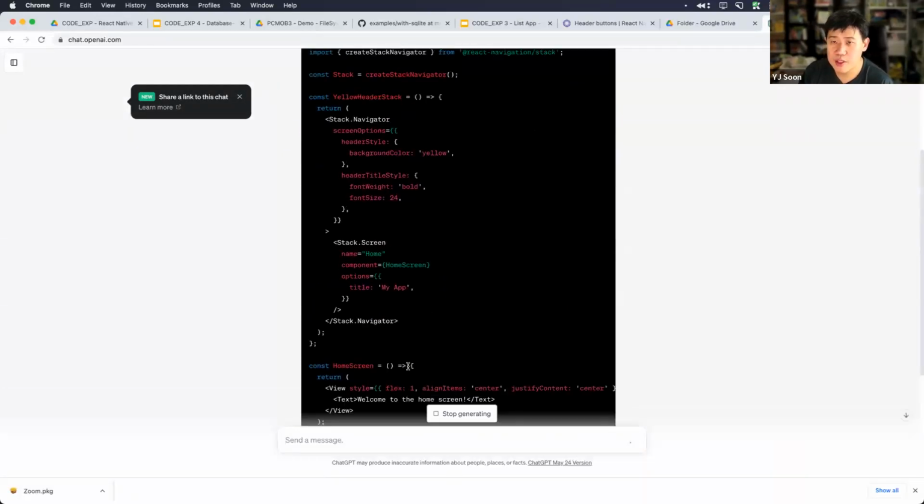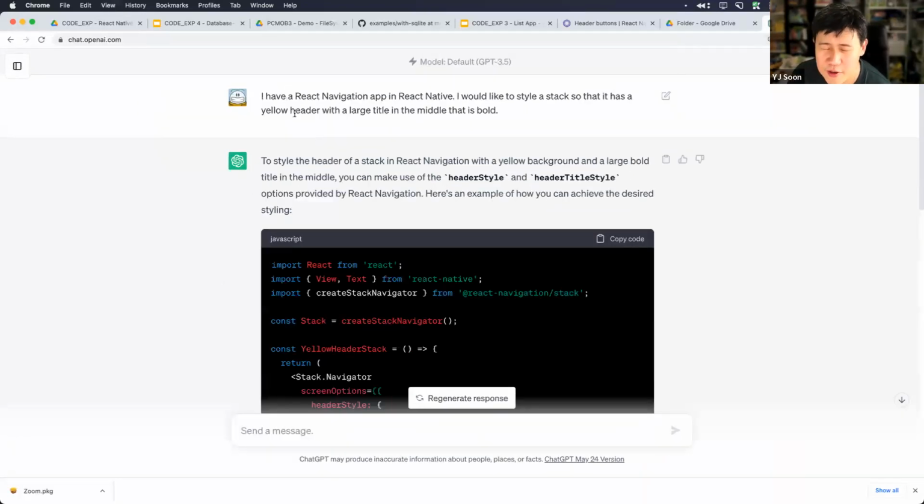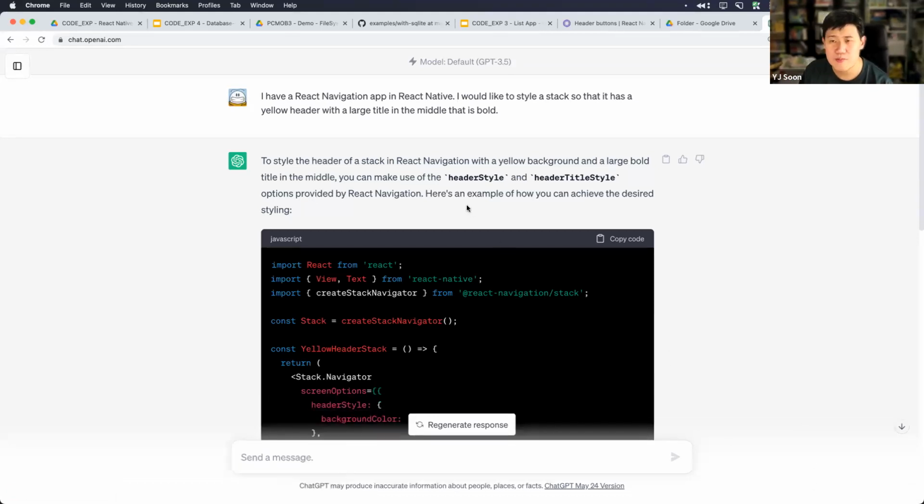Whoa, there we go. There's a bunch of stuff that it gives us, and I'm not here to sell you on ChatGPT or anything. I'm sure you've heard plenty about it. But I'm here to tell you that this is a pretty great tool to have under your tool belt. Once you know a little bit about the technology that you're using, ChatGPT can be very, very effective as an assistant, which is what it was meant to be called. The key thing though is that if you had just tried to use ChatGPT to create something in React Native 2 days ago, when you had never done any React Native, it will be very difficult.